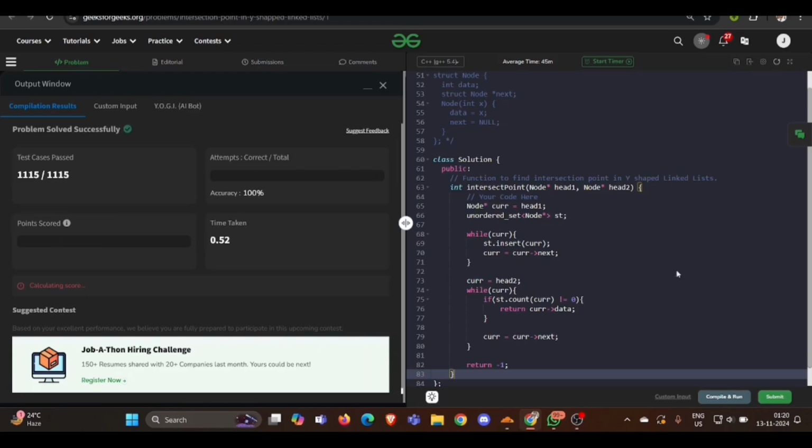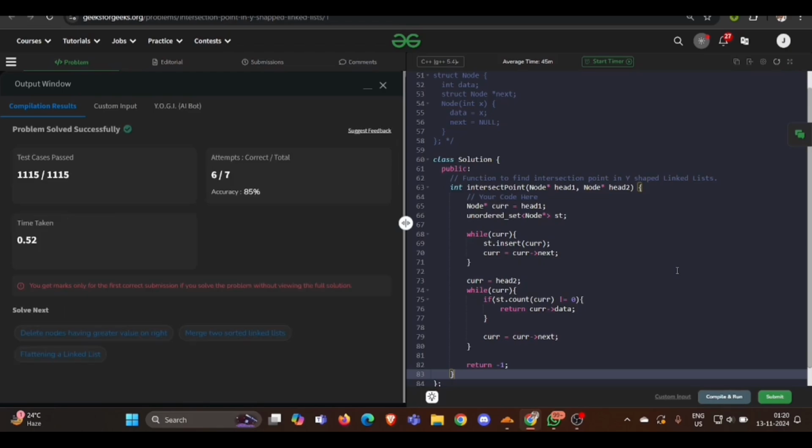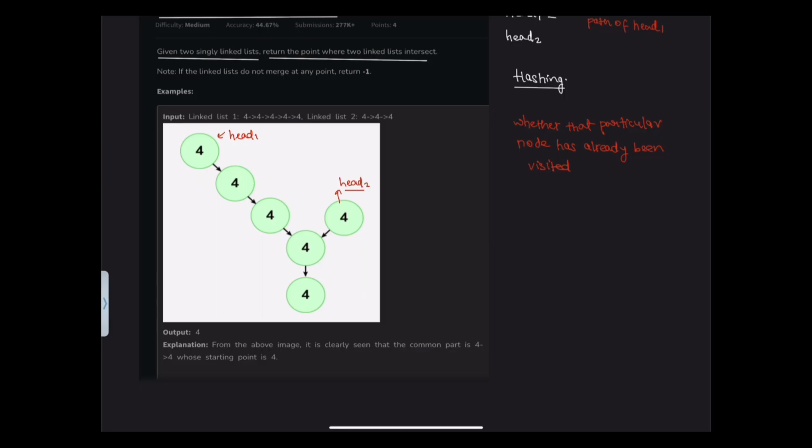As you can see, we have successfully submitted this code. Now let's try and see the other approach of doing this problem. Now that we have been able to solve this problem using an extra space, the space complexity of our code